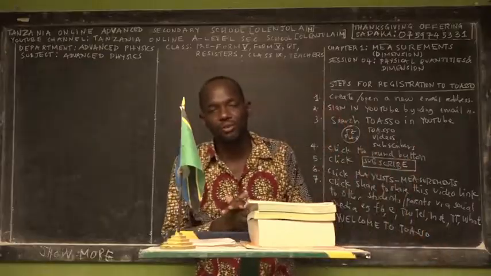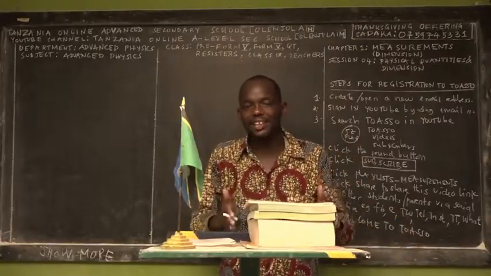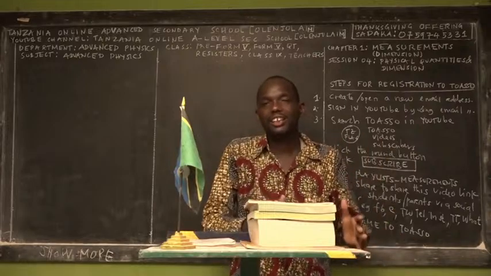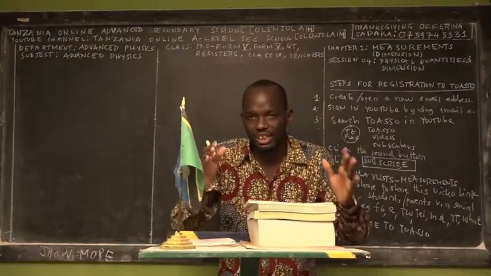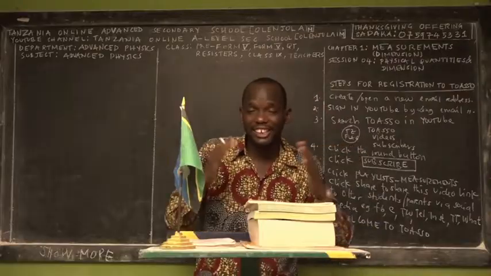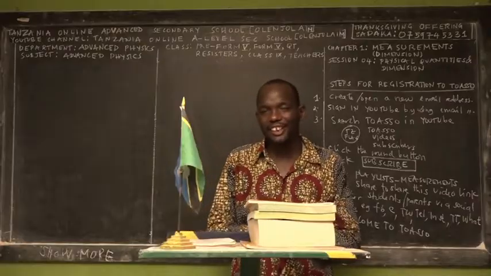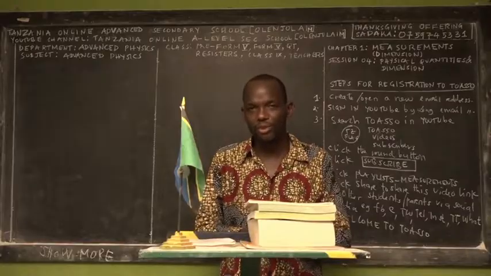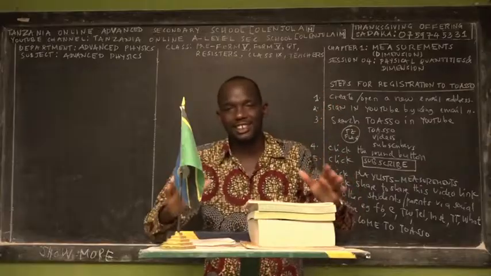So the main objective of TOASO is to teach you how to think outside of the class, how to think differently, and how to use this information to solve real life problems. Because you are now an advanced secondary student, you have to think to solve at least intermediate and even complicated real life problems, because your level of thinking is quite different from that of ordinary secondary education studies. That is the point of focus.